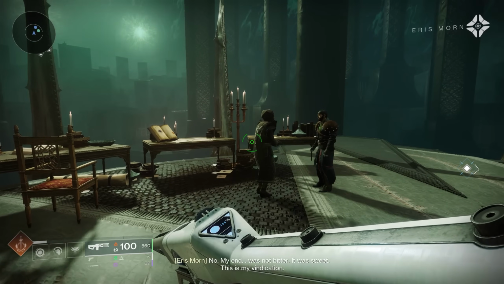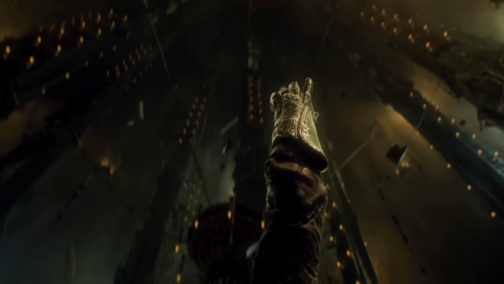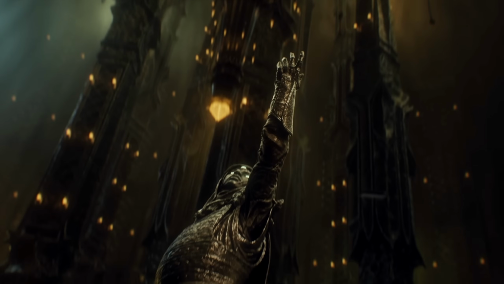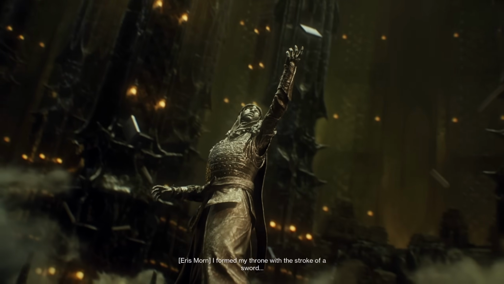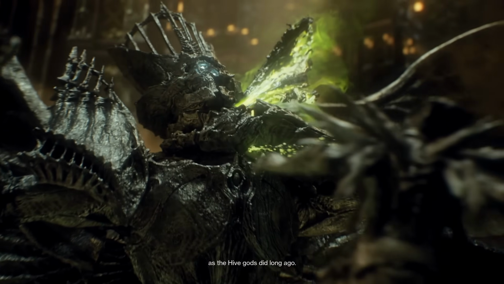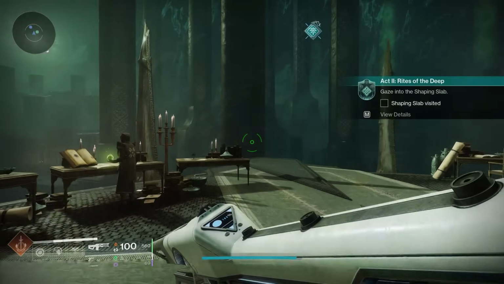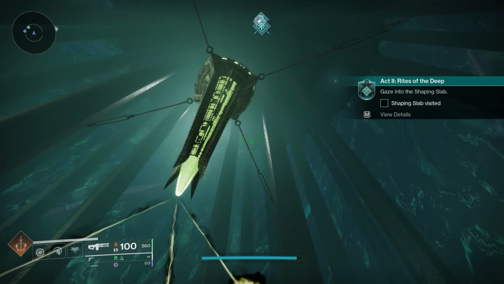No tongue though. And once the dialogue portion is finished up, you get a damn good cutscene, especially considering this is for seasonal content, or I guess in this case, episodic content. I highly recommend watching it if you haven't, guys. Some fantastic imagery with the Hive Sisters, along with Eris being an absolute beast. Super solid stuff. Once you're finished here with the cutscene, as well as looking around the throne world, you